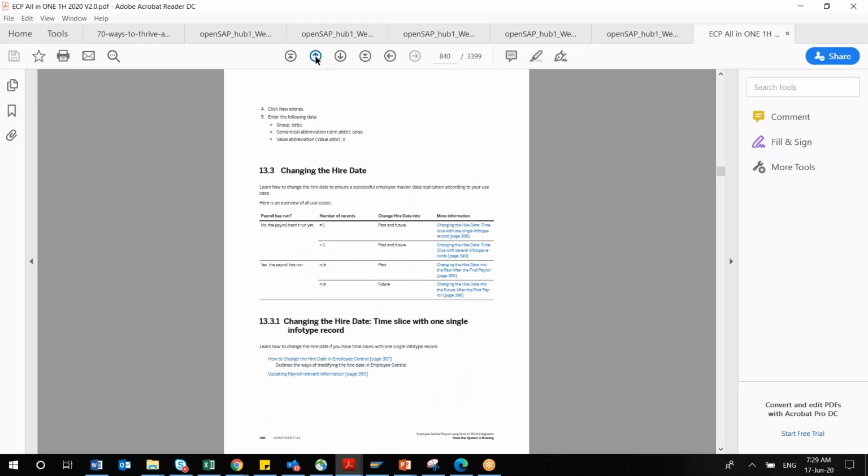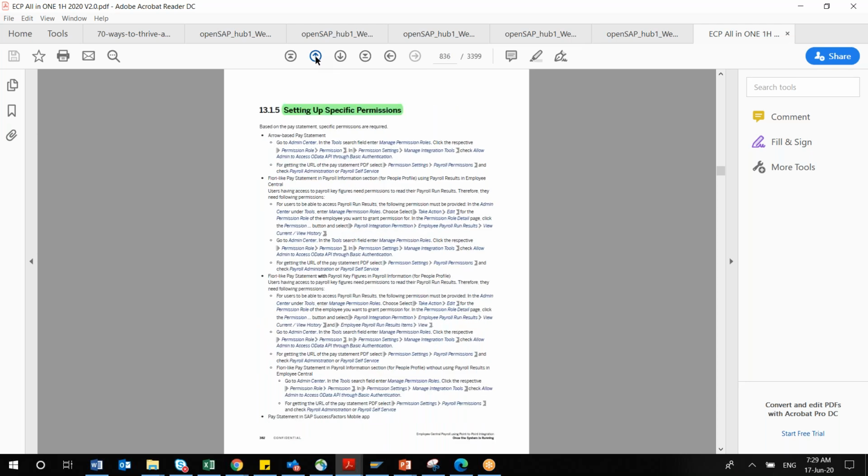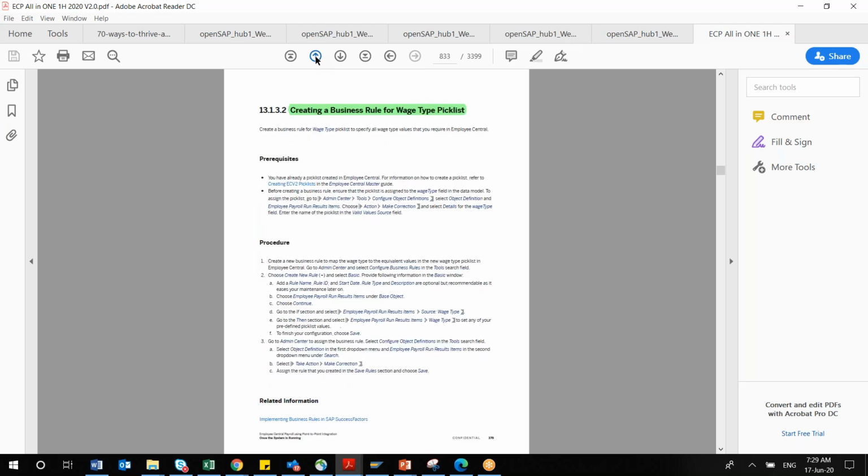You may not get any question because this is the official guide released by SAP. So at least read it once. Simply how to read it: go through the topic header and just understand what the prerequisites are. You may not have to go into the procedure.